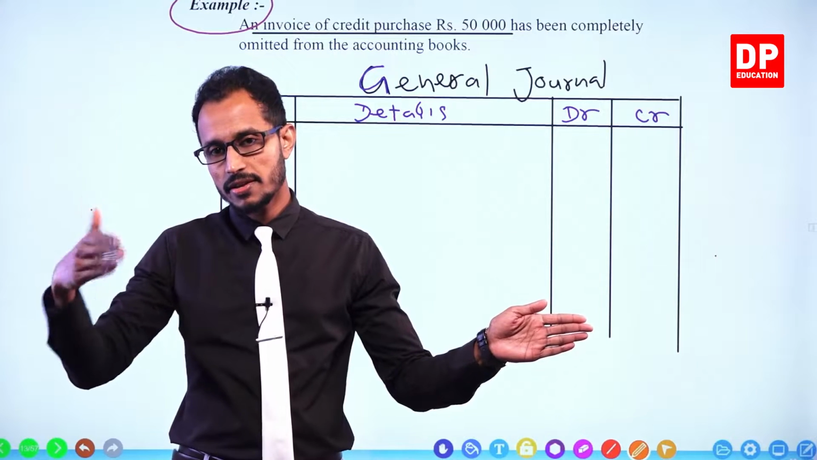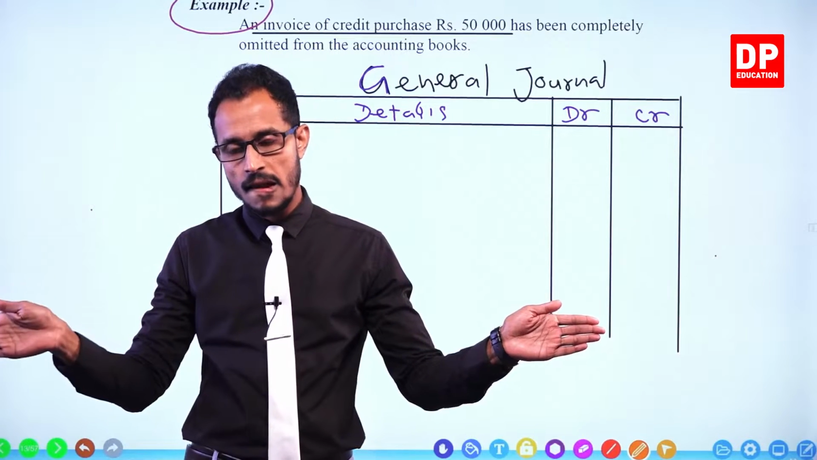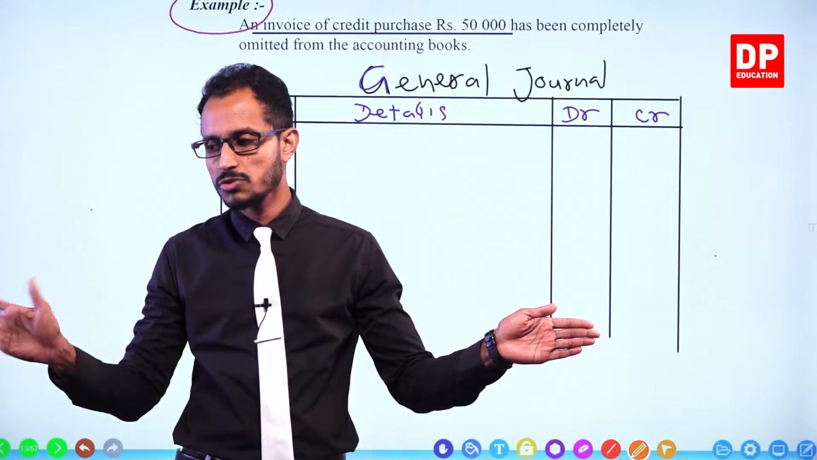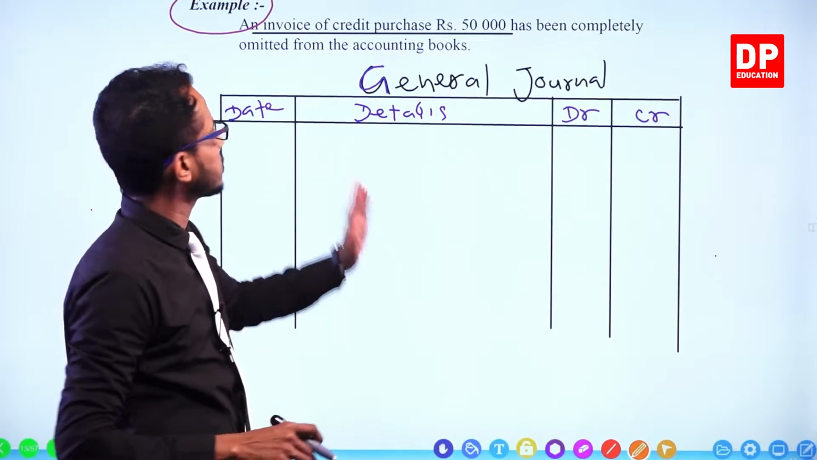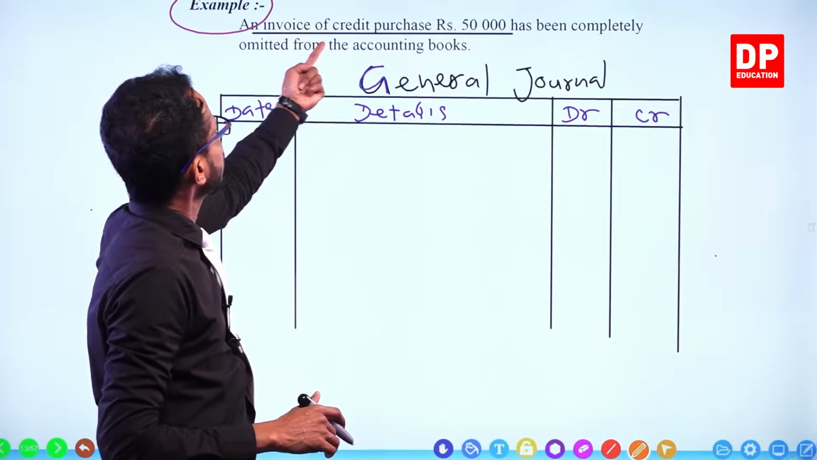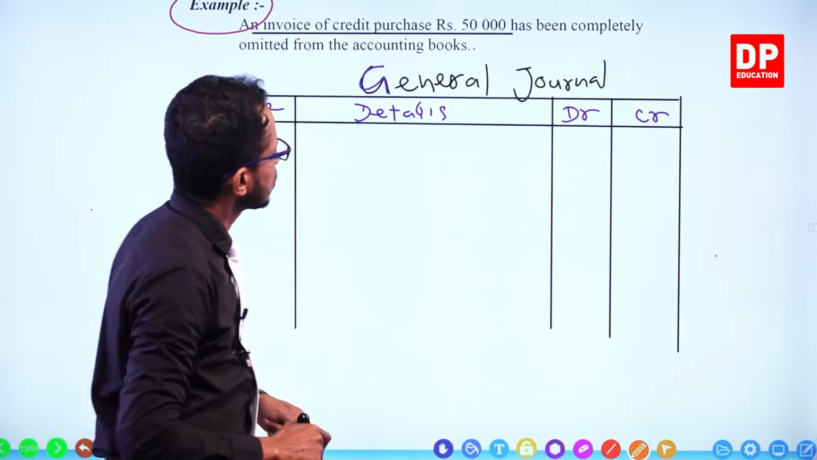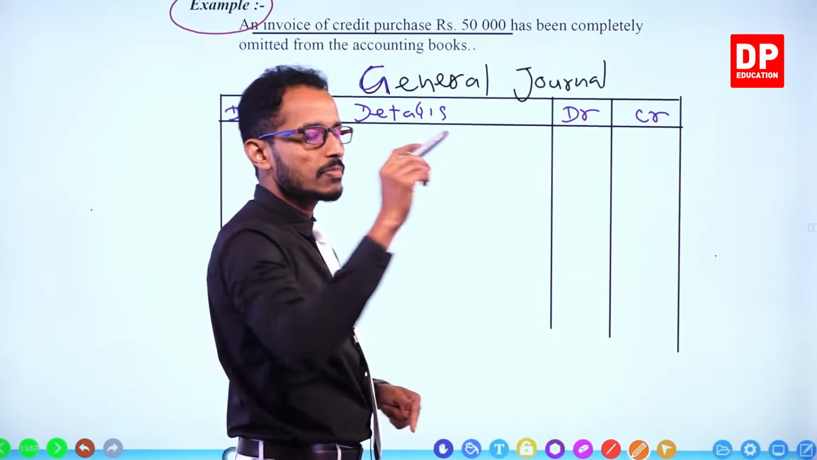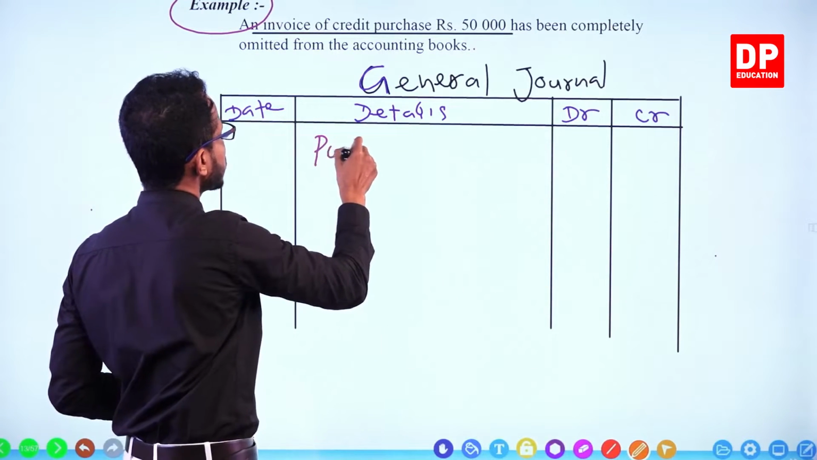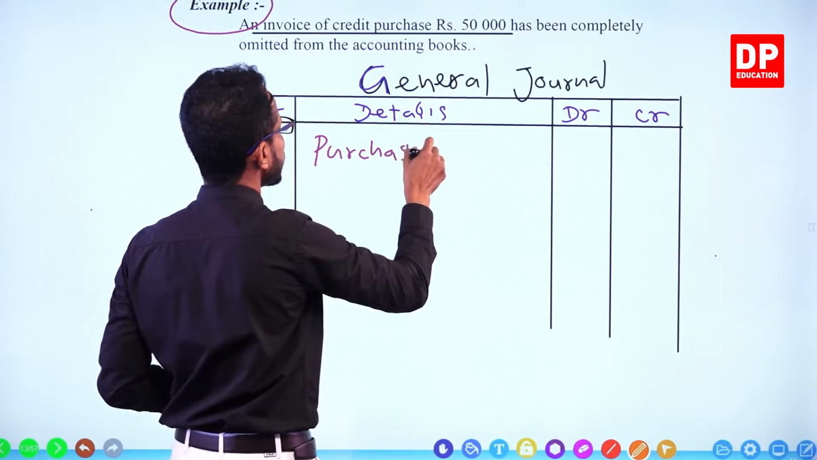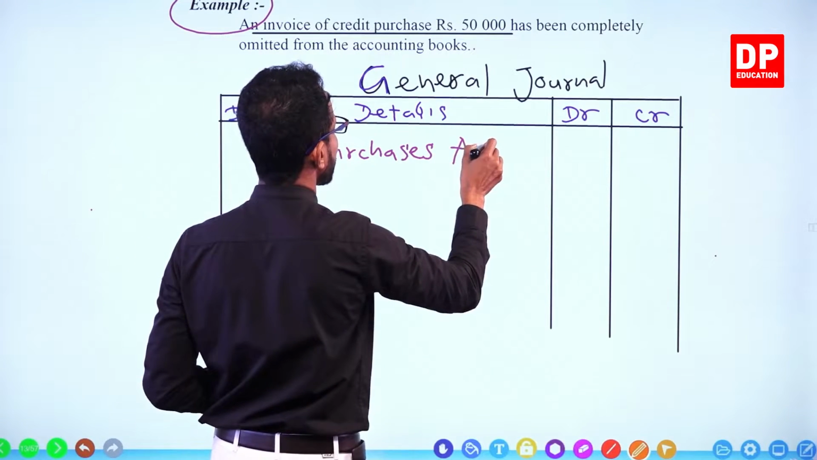Which account should be credited? Creditors. Creditors account should be credited. That is the correct double entry. We are just entering it in the general journal. Invoice of credit purchase 50,000. First, the debit entry must be entered. Purchases account is the debit account,